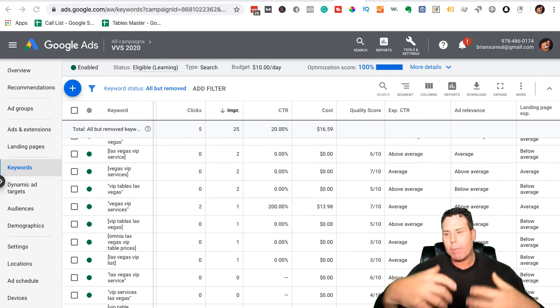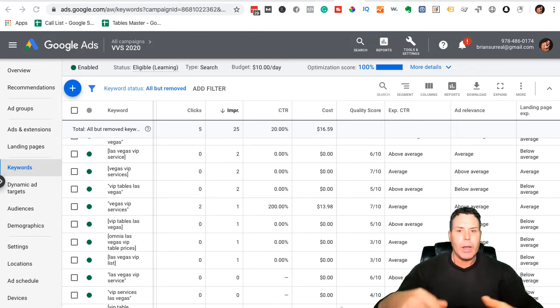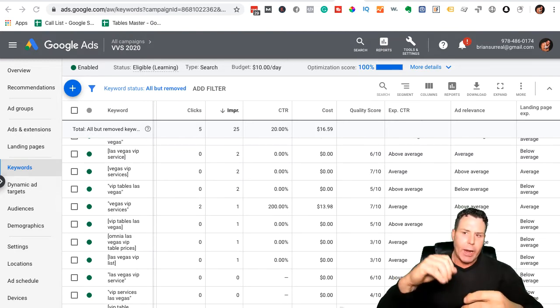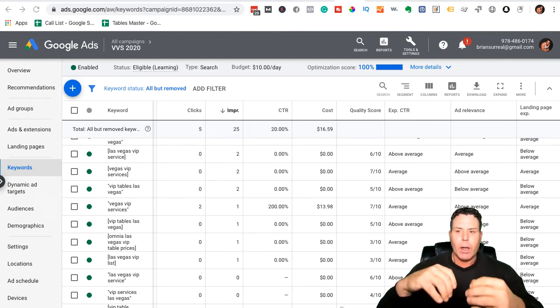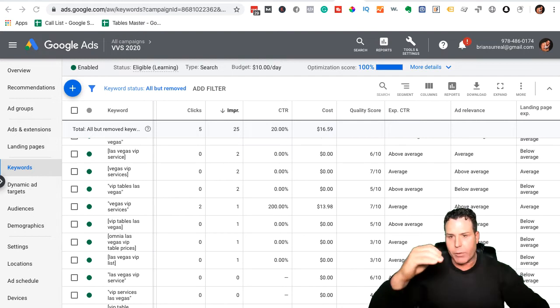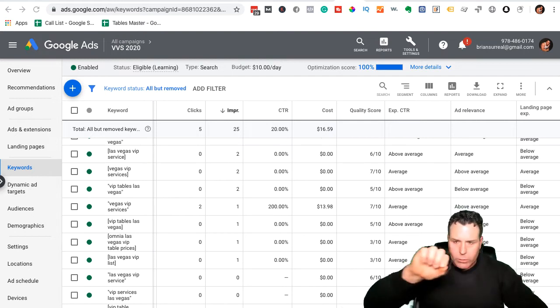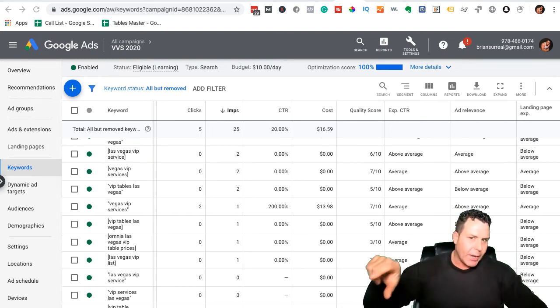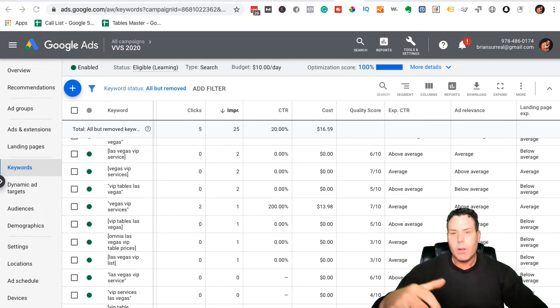Okay, so my plan, and I'm already doing this with my team, is we're going to make better ads and better landing pages for every single keyword that's getting a lot of traffic. We're going to run specific ad groups to those keywords, and then have specific landing pages for each one. So it's a big project. Over the course of maybe the next couple of weeks, we're going to probably build out about 40 or 50 landing pages, and we're going to give the users a better experience.